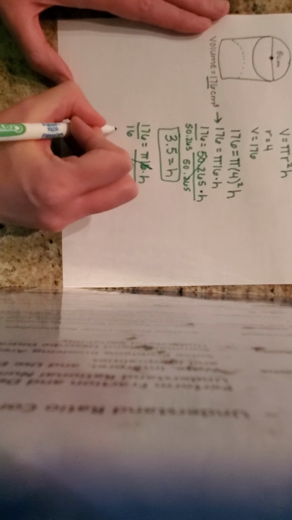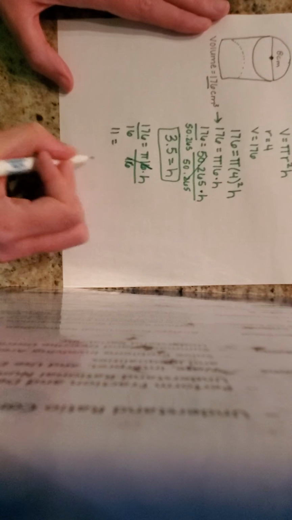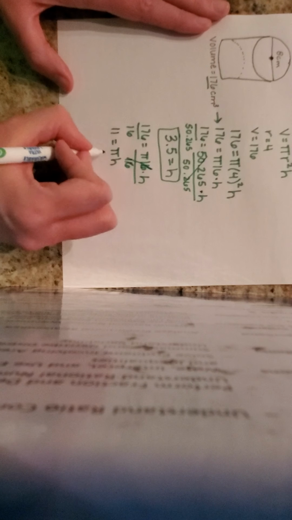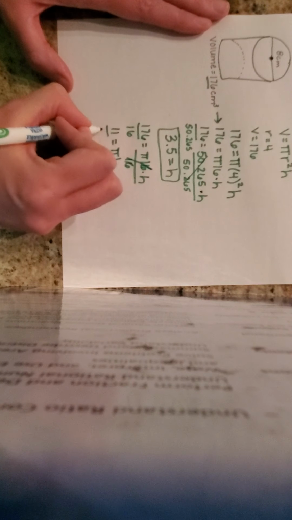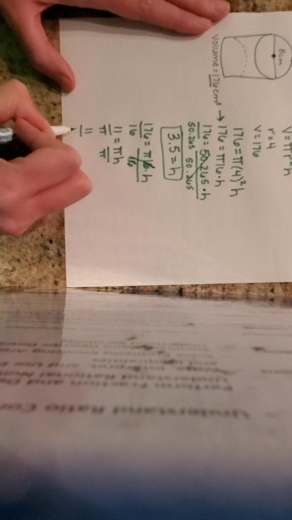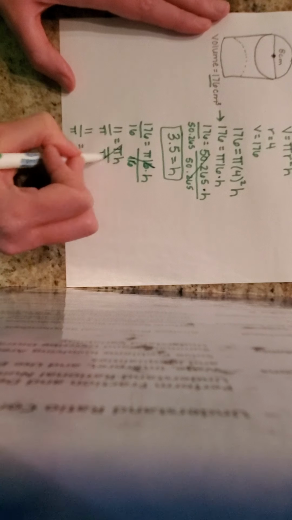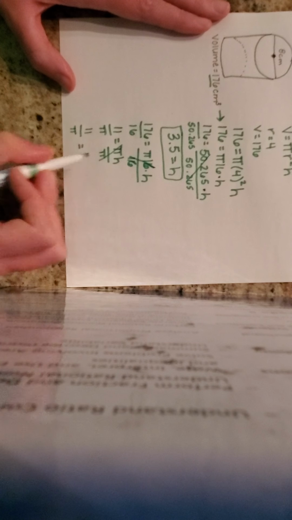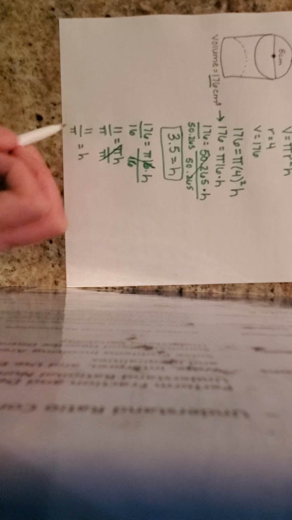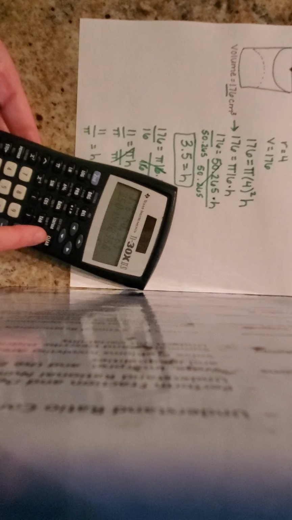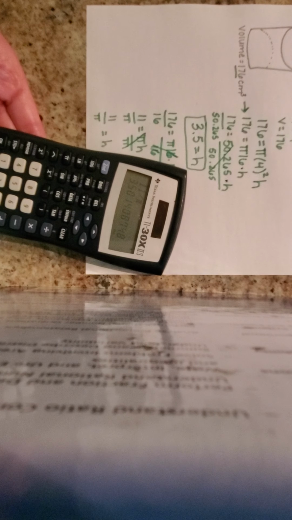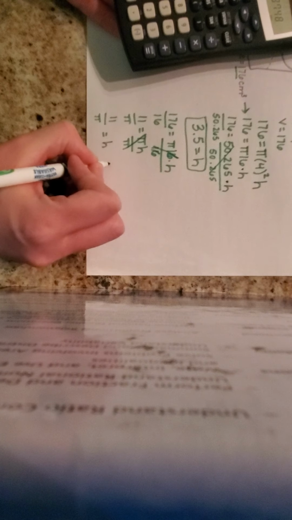176 divided by 16 is 11. And so then you would be left with pi times h. And then to get that h by itself, you would divide by pi. And so then you would be left with 11 over pi is equal to h, because pi divided by pi would cancel out. And you could leave it like this. And then if they wanted you to round it, you could type that in your calculator, 11 divided by pi and it would give you approximately 3.5